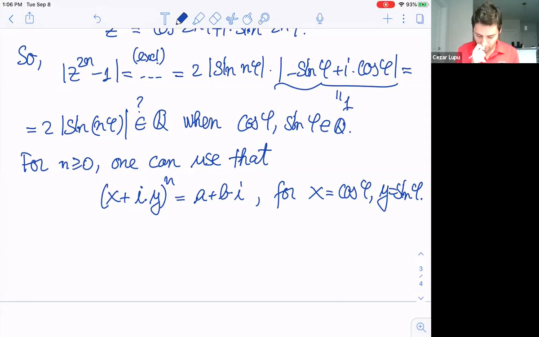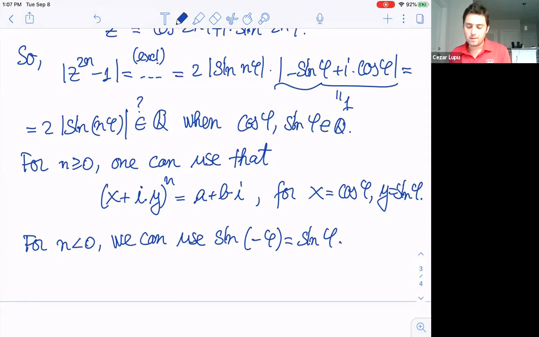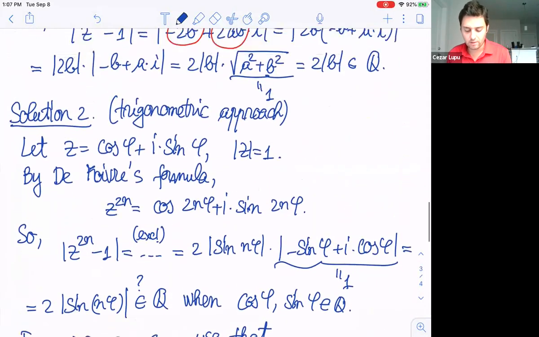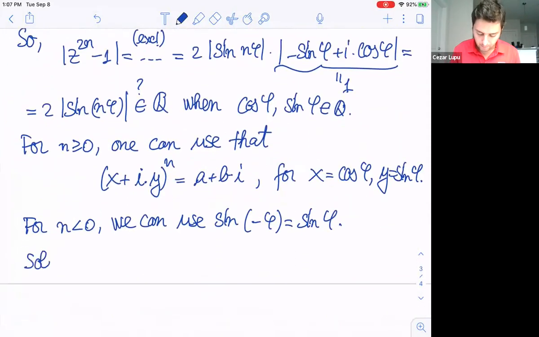Okay, and for the case when n is less than 0, we can use the fact that cosine or sine, let's say sine, because we're talking about sine here, sine of negative phi is nothing else than just negative sine of phi. So there is no problem, right? Anyway, as you can see, basically it's the same thing. The only difference is that I wrote this in a trigonometric form. And now the third approach,